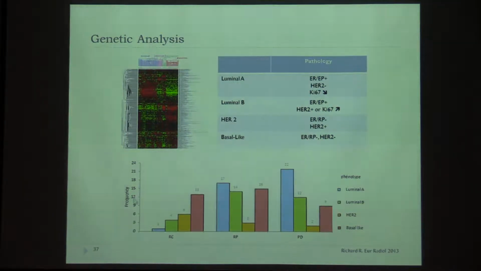So this is the result of our study. As you can see, we tried to classify the lesions according to this new classification. You probably know luminal A, luminal B, HER2, and basal-like. I remind you that luminal A is the tumor with positive hormonal receptor, no HER2 and low proliferation index. Luminal B has a positive receptor tumor with positive HER2 or high proliferation index. There is also the HER2 group with no hormonal receptor and HER2 positive receptor, and basal-like or triple negative,